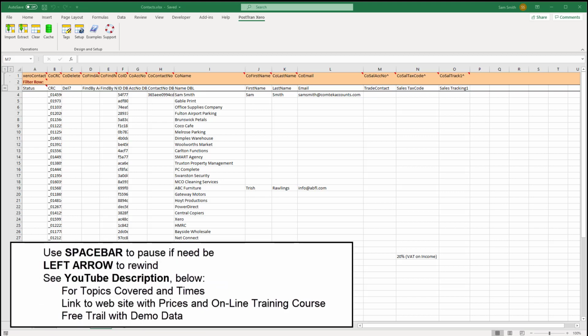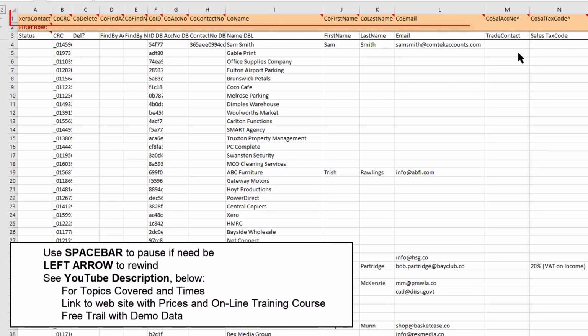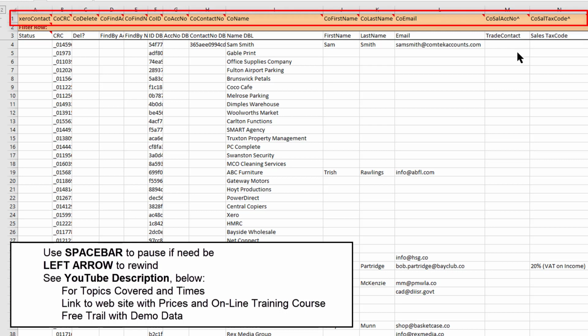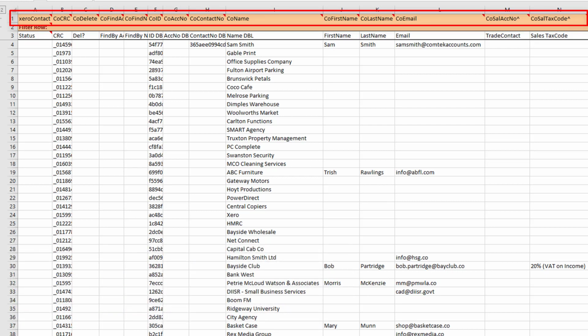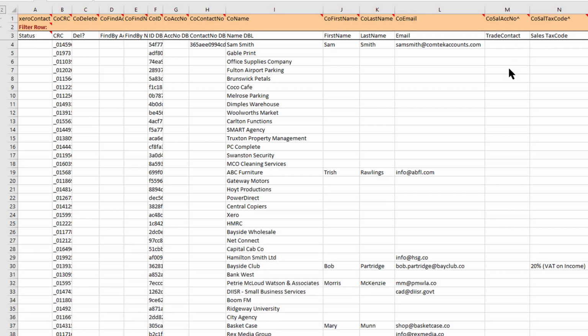Okay, so in this video we're going to talk about in-cell searching in static templates. If you've seen the other videos, we talked about the tags in cell row 1. Now some of these tags have a little arrow up at the end which denotes the fact that they have in-cell searching. So in this example here we're looking at Xero contacts, and Xero contacts can be customers and suppliers,